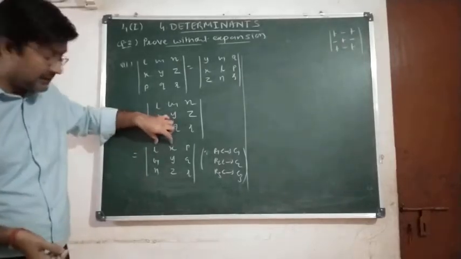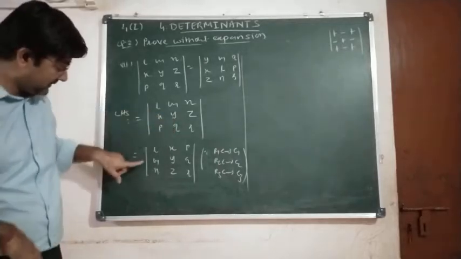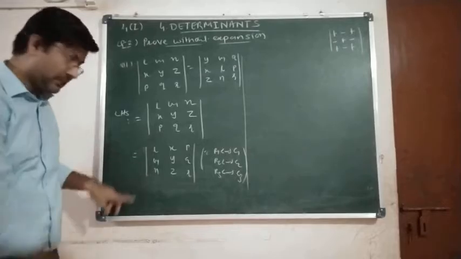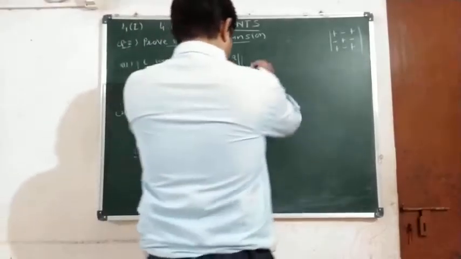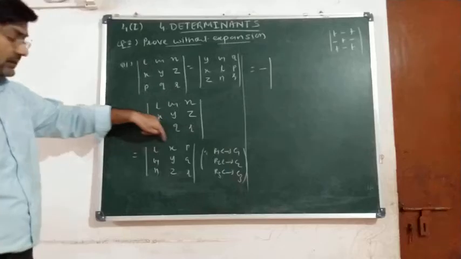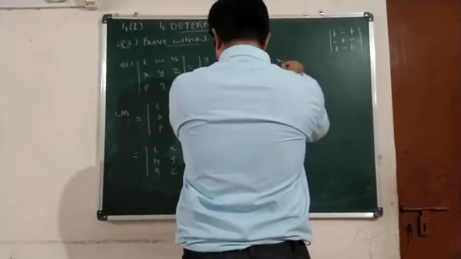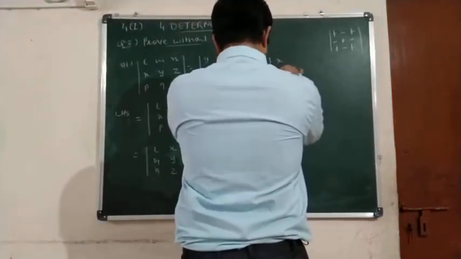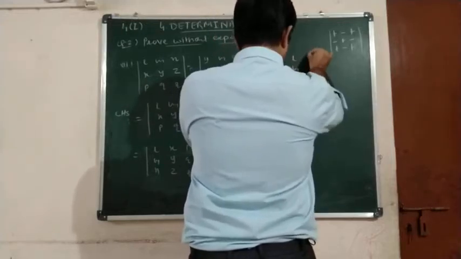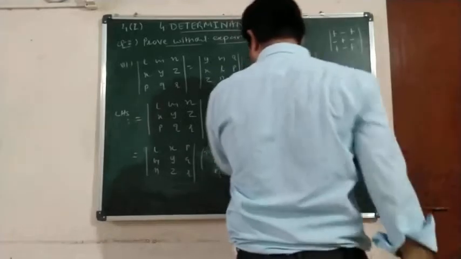So when you interchange the two columns, first and second, we have to change the sign. So this is plus initially determinant, so we will make it minus. Okay, so we will write down the next step like this, minus. We are interchanging the first and the second column. So second column we will write down now as first column. So x, y, z, l, m, n and p, q, r, and let us write down the reason.